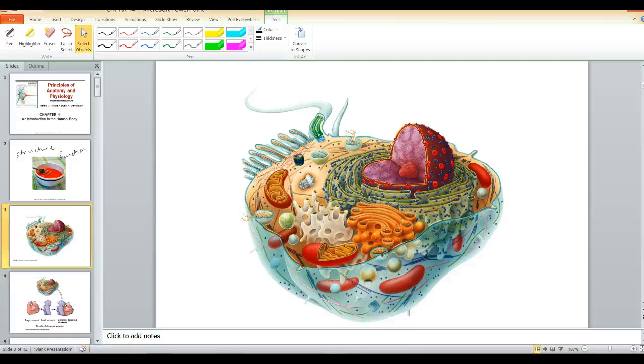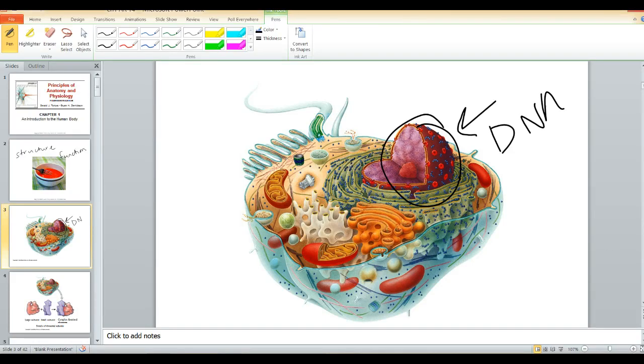So what we see in the middle is the nucleus. Okay, why is the nucleus important? If you said because it contains DNA, you're perfectly correct. Now, also in the nucleus, we're going to have the nucleolus. The nucleolus is really important because it's where the ribosomal RNA is going to be composed, which leads us to our next structure,